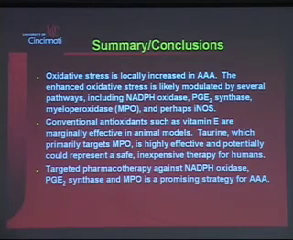So to summarize, there's no question at this point that oxidative stress is locally increased in aneurysms. It's probably modulated by a number of pathways, including NADPH oxidase, PGE2 synthase, myeloperoxidase, and perhaps iNOS. We can say that conventional antioxidants like vitamin E are probably not very effective and shouldn't really be investigated much further,